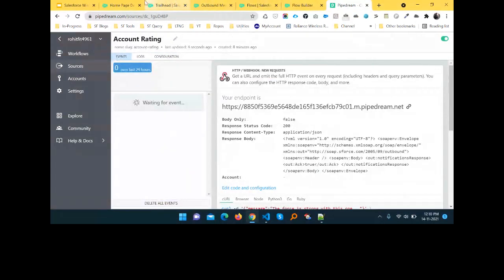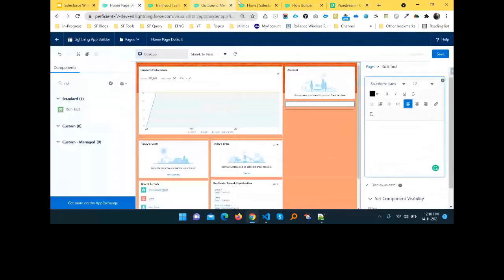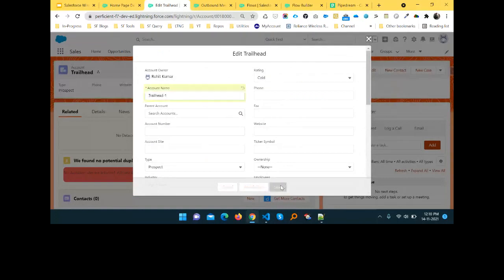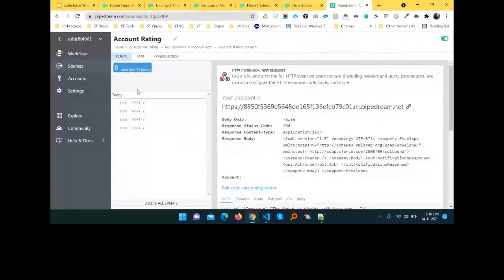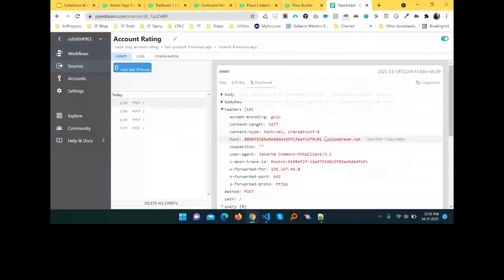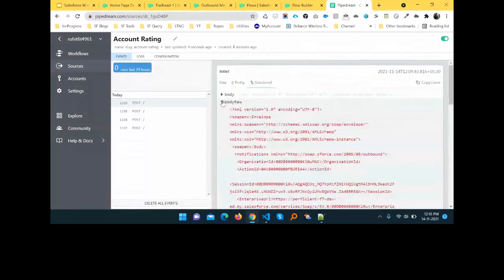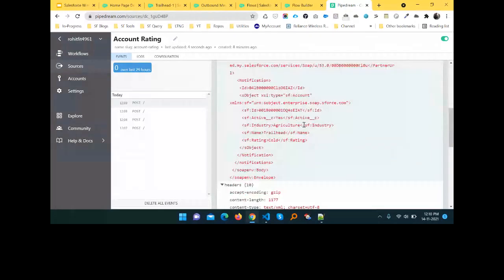And now it's time to check this one under my Trailhead account. And now it's time to update this record, or edit. We can see this edit button, and just the Trailhead one. So I just update this one, just save it. Okay, and once you save this, just go ahead, and here you can see this request and all the things as you want. See this one, let me check whether this is updated or not. Trailhead, this is the old one. So let me refresh this one.